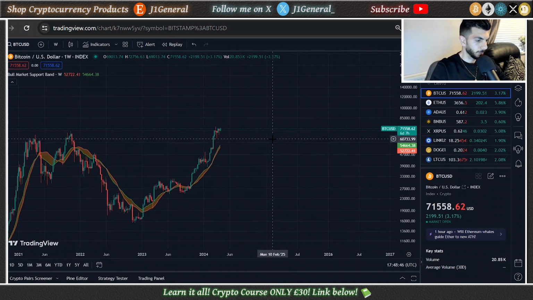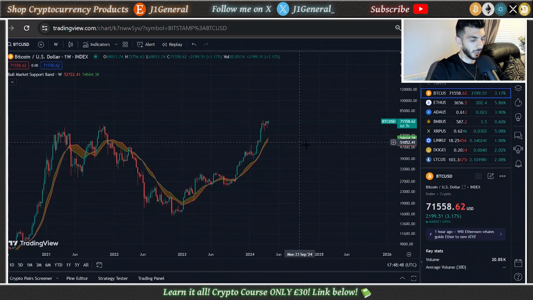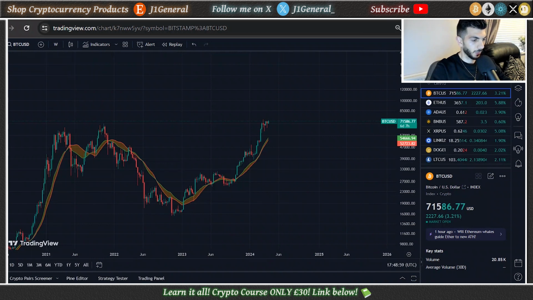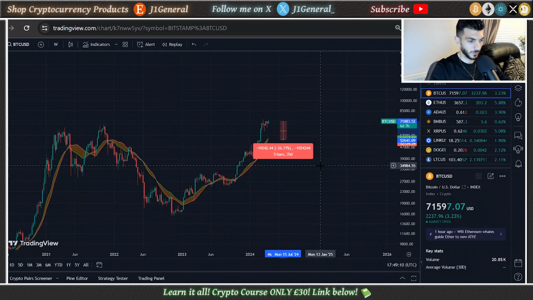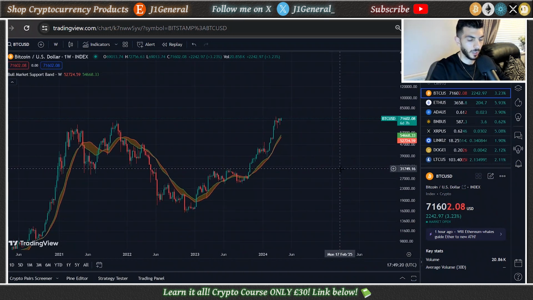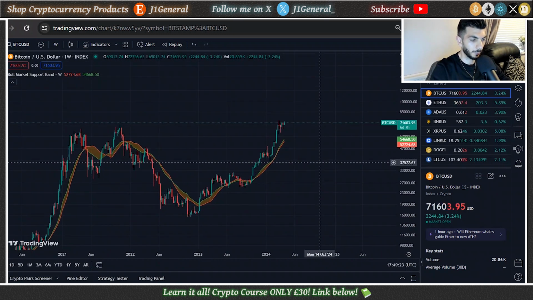So, be that as it may, where are we today with the current bull market support band? The current prices, as you can see at the top of my screen right here, are between 52.7k and 54.6k, which illustrates a move that is between 24.5% and 26.5%. So, the bull market support band is below Bitcoin by 24 to 26%. Bitcoin would need to drop between those numbers right now if it wants to test its bull market support band and prove itself in the bull market.